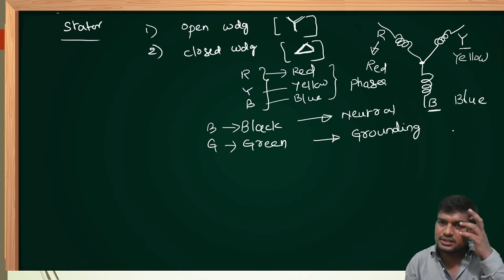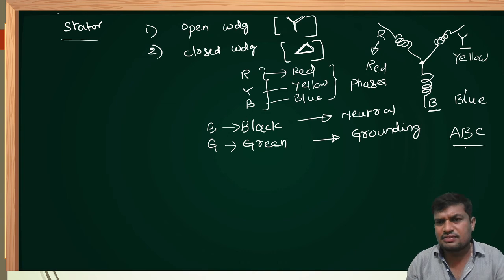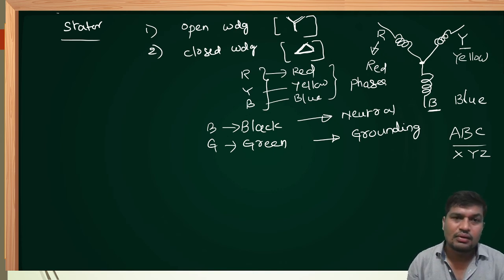In some textbooks, the three phases are represented by ABC. That is just for understanding. In some textbooks they are represented by XYZ. Instead of RYB, they have used ABC or XYZ. Representation changes, but the meaning remains fixed and constant throughout the world. Now